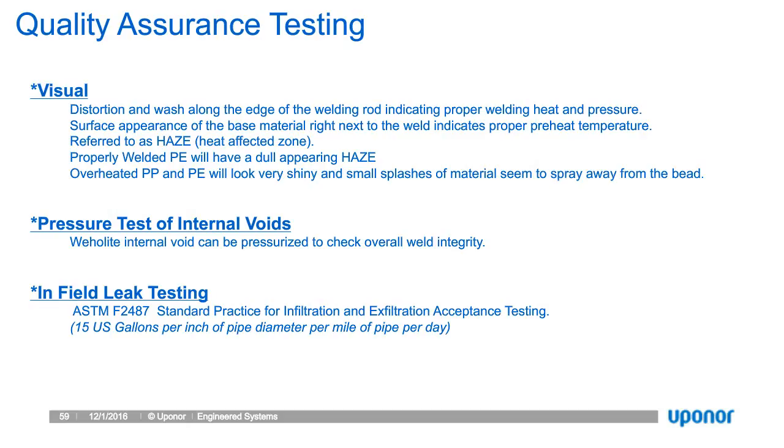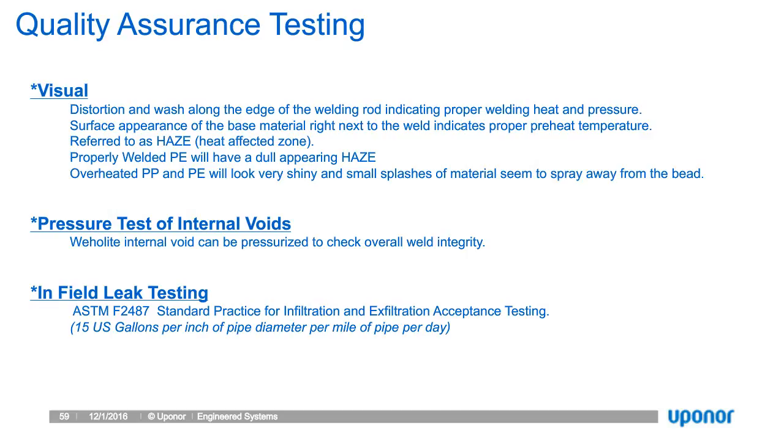As one might expect, just like steel welding, first line of defense is visual inspection. This is where we're going to look for a heat-affected zone or a dull-appearing haze that follows the weld. So we're looking for a consistent dull-appearing haze to follow the weld gun. If we see shiny splashes of material or inconsistency in that haze, we have a problem. We either need to test that section or remove that weld, regrind it, and reproduce it. So when you look at a polyethylene weld, you're going to want to look for a dull-appearing haze to follow